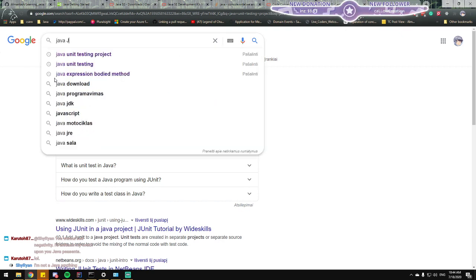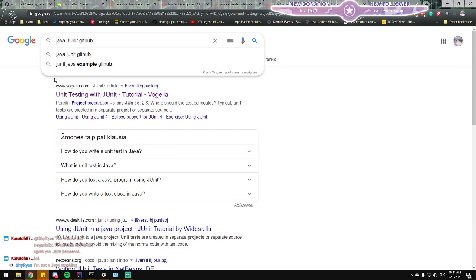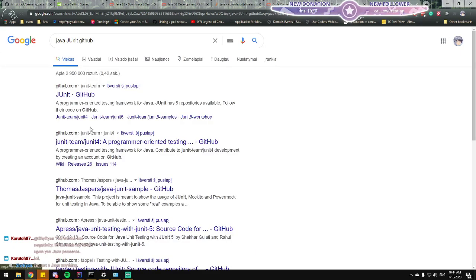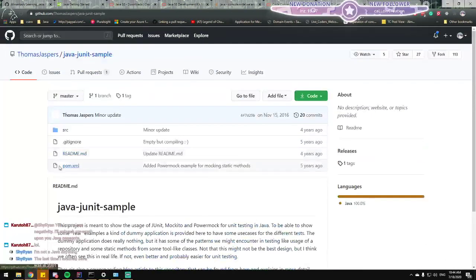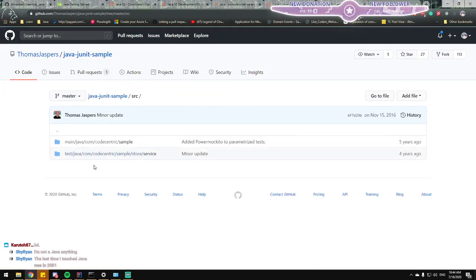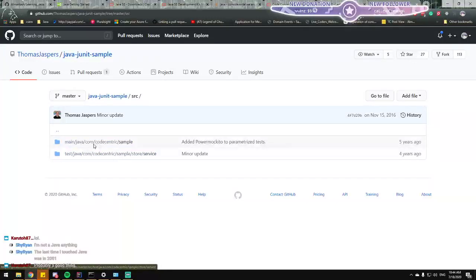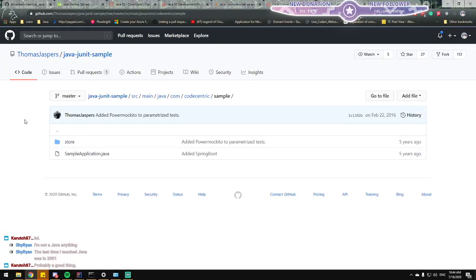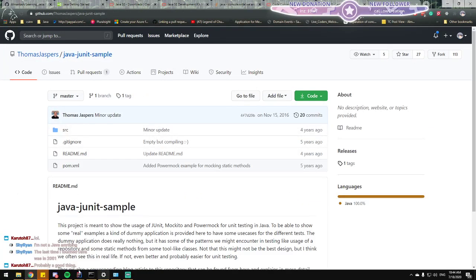Java JUnit GitHub. I don't want to see the actual JUnit. JUnit example is what I want to see. Source main/java test/java source. So